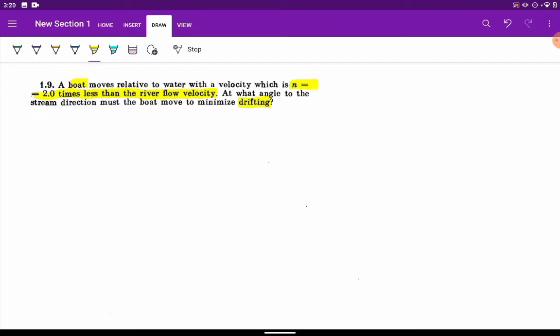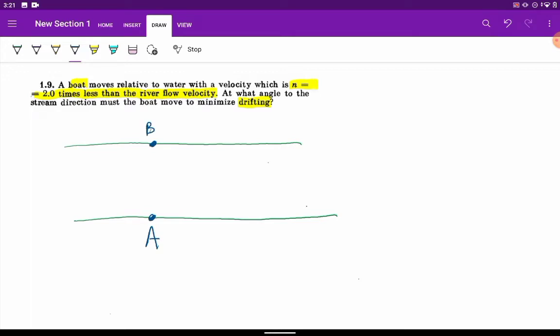Okay, first of all we'll draw a scenario. These are the two banks of the river. Now, our objective is to cross the river. So let's say the boat starts from point A. Let's say the just opposite point is point B. So over here the river velocity is more than that of the boat, which means that